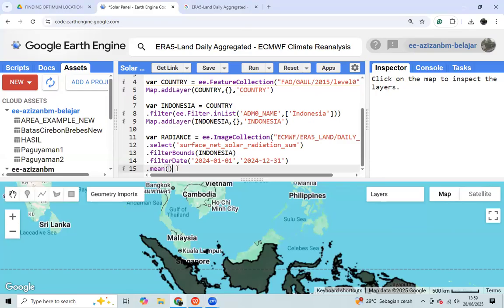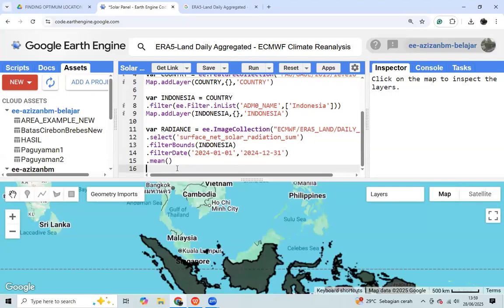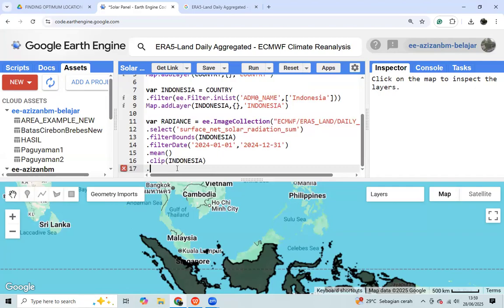okay. And then we find the average radiance of the whole country. And then we click on Indonesia. And then we change the name of the bands to make it more simple, to become radiance.